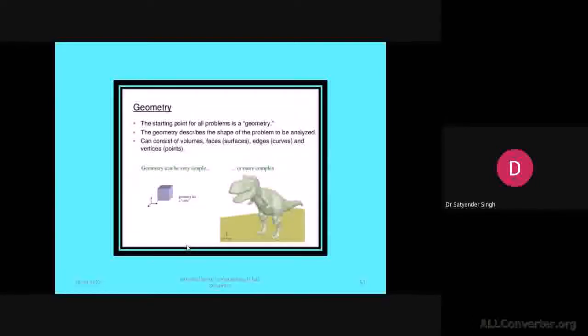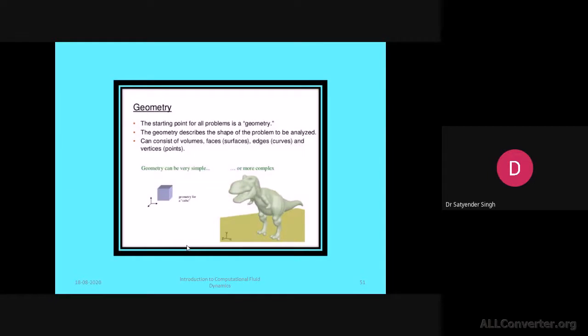So from the commercial viewpoint, we first have to create the geometry, and if you are coding, then by using your coordinates you have to generate the geometry. But generally we deal with complex problems, and then we have to use CAD software at present to create the complex geometry. We generally call it simple geometry or complex geometry. In simple geometry, where only one coordinate system is involved, we call that simple geometry. While when we have a combination of more than two coordinate systems, we call it a complex geometry.